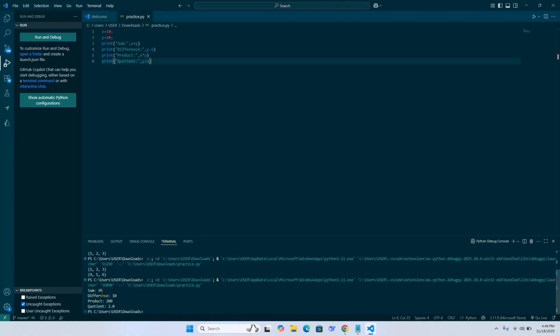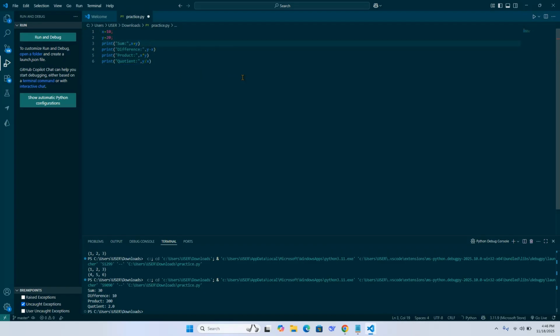Now here the summation is equal to 30. Okay, then the difference is 10, then the product, 10 into 20, that means 200. Okay, then the quotient is 2, that's called everything is okay. Now we already covered summation.